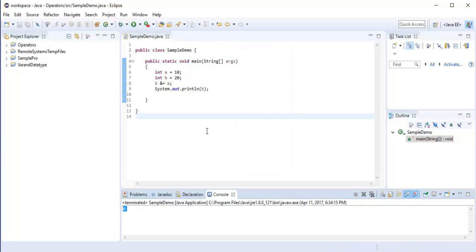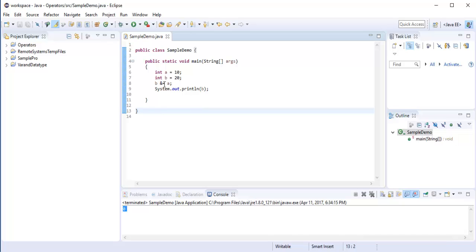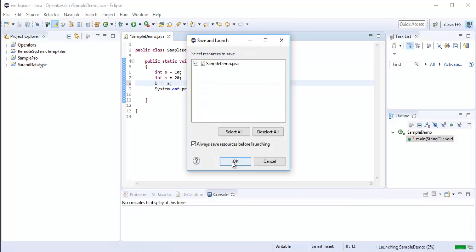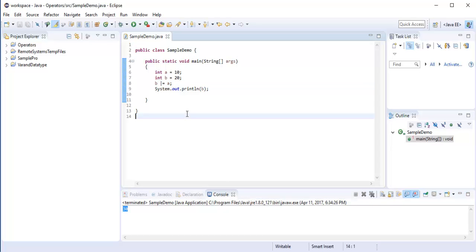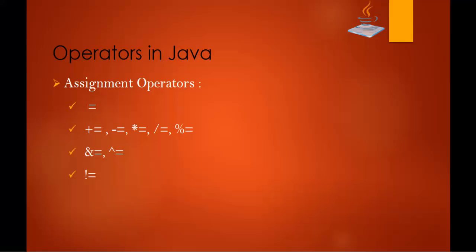It's going to result as 0 as of now. So these are the assignment operators present here. You can try with these things, they're very easy. I hope you understood these assignment operators.